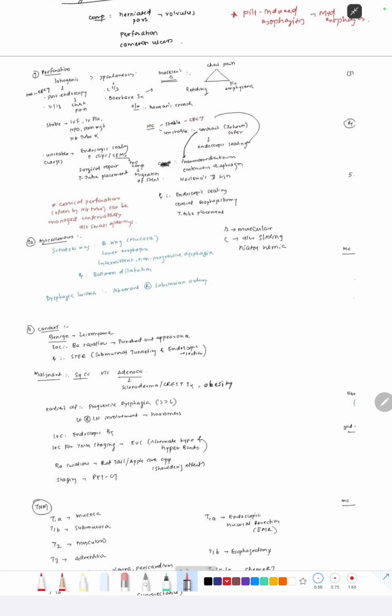On stable patients, we give an oral contrast. Now this oral contrast is generally iohexol because it is safer. If there is a perforation, then we can go for endoscopic sealing at that time. At that point,